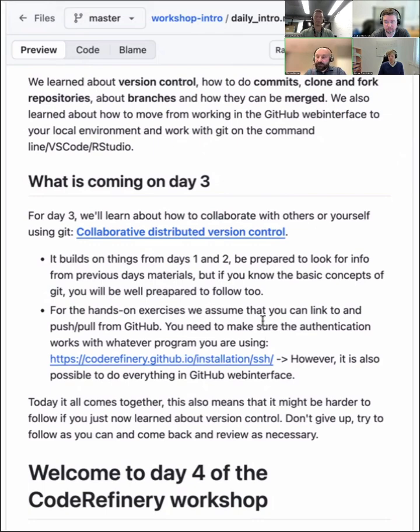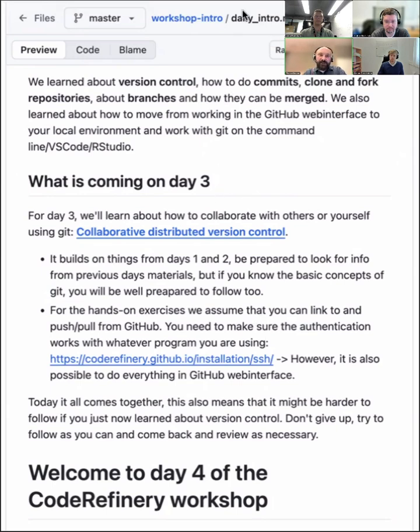I really like this day because what you learn today can go beyond software engineering or code. With what you will learn today, you can go out and fix typos in documentation of your favorite software packages. You can make web pages, help other people with web pages, and truly unleash the power of open source development.